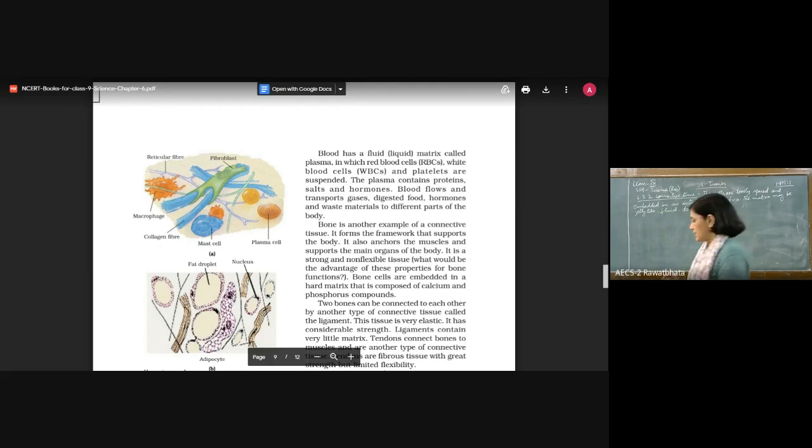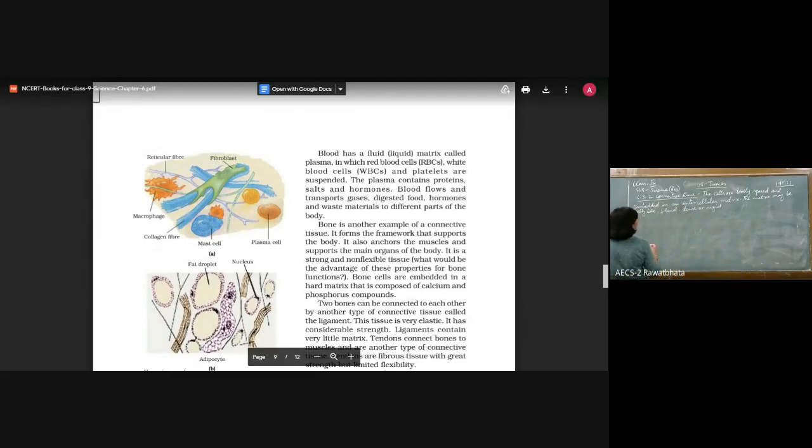Let's go ahead and write a little bit about what we just covered: the structure of blood and its function. In some books you will see it, like in our textbook also, it is written as red blood corpuscles. As a 9th standard child, of course, I must know this name. Corpuscles: either you call them red blood cells or red blood corpuscles, both ways it is the same. Okay, it means the same.